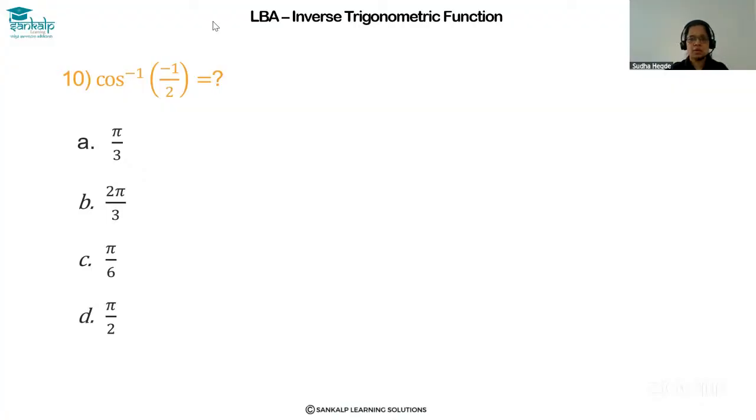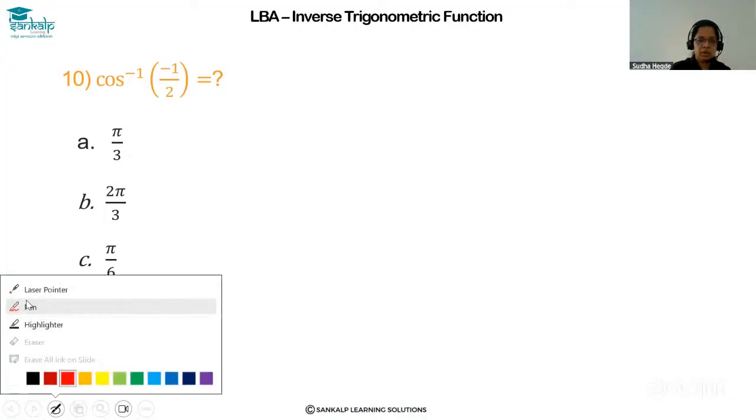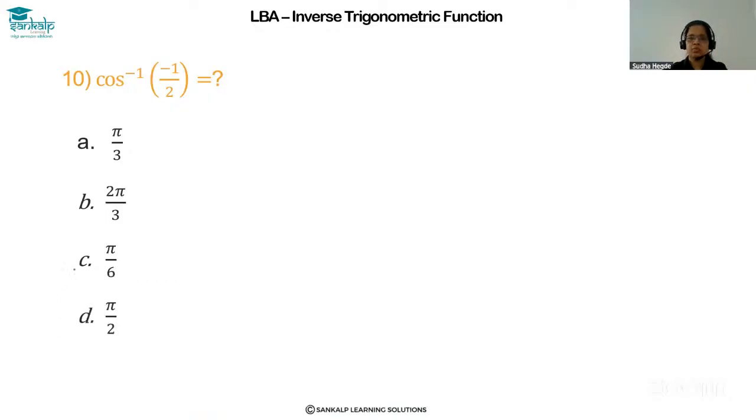Hi students, the question is cos inverse minus 1 by 2. Before calculating cos inverse minus 1 by 2, let us see first what is cos inverse 1 by 2. So cos inverse of 1 by 2 is equal to what? Or for what value of